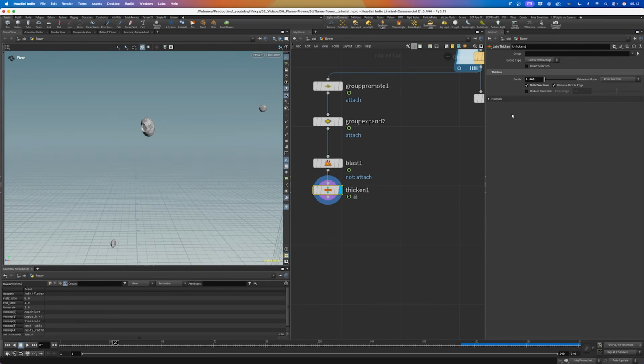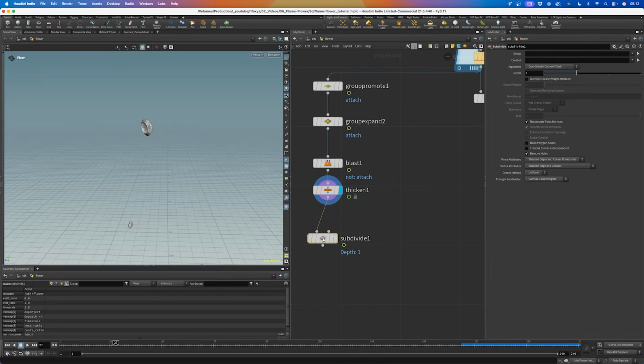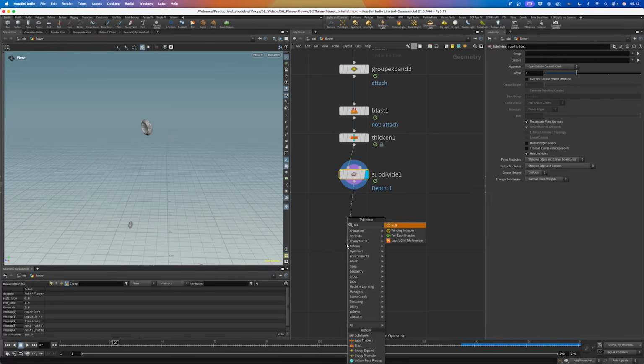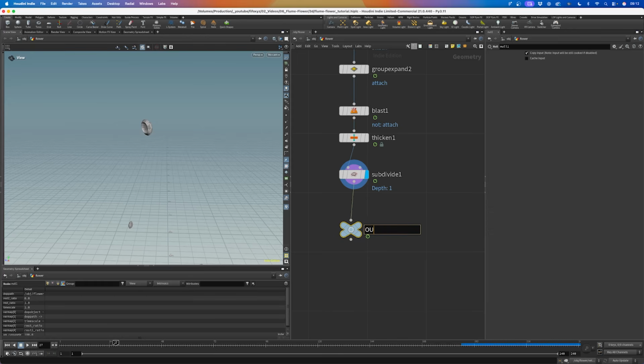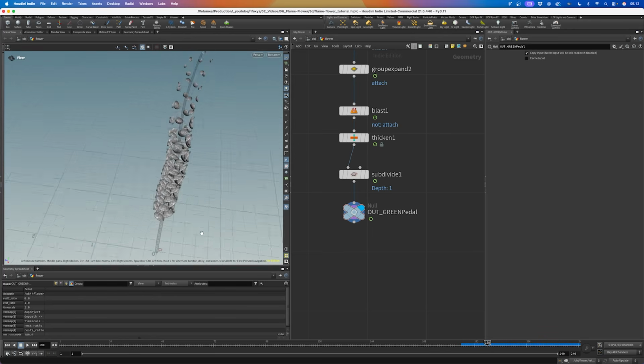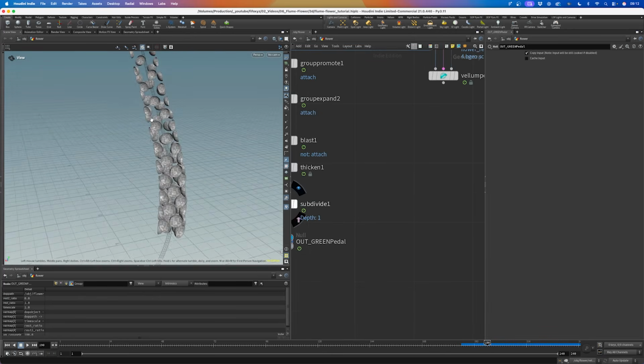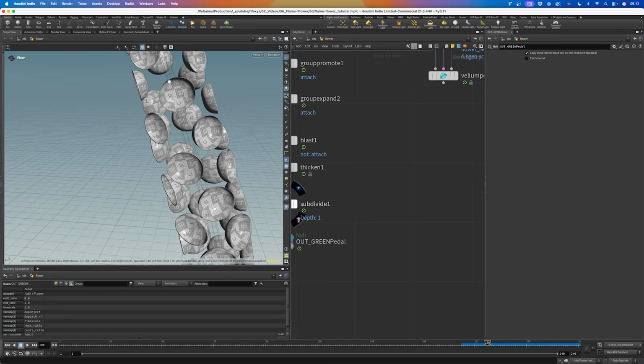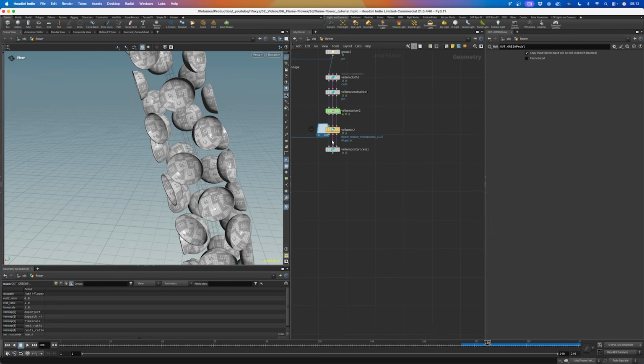I guess this might be still a bit too thick. Yeah, maybe something like this. And let's use another subdivide node and attach a node and say this is out green petal. As well, just add a little bit more detail at the end. Yeah, cool. And now we need to connect this area to our stem, and for this blast away our attach